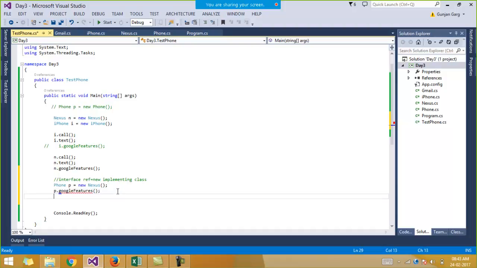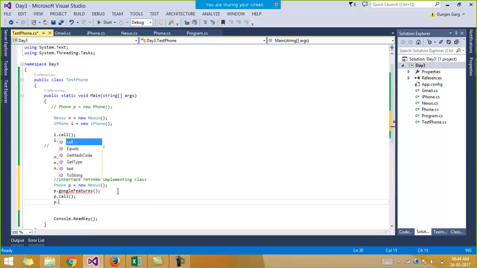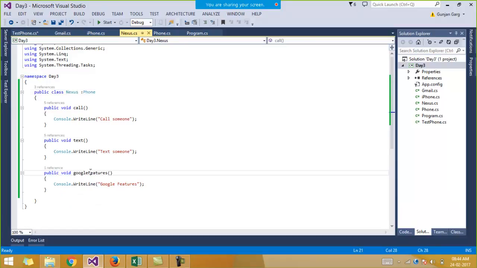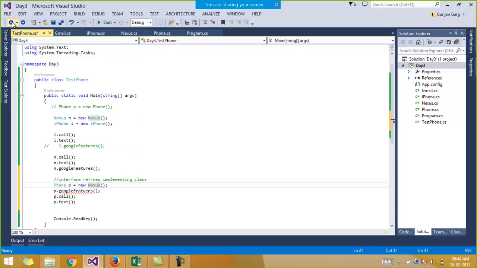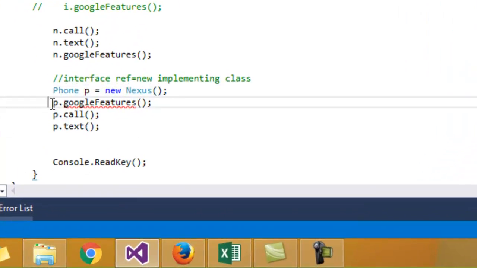No doubt you can call the call and the text function, but you cannot call the Google features function. This is the major difference between the two ways of creating the object: you can only call those functions which are there in the interface. You cannot call the extra functionality which you have implemented in the implementing class.